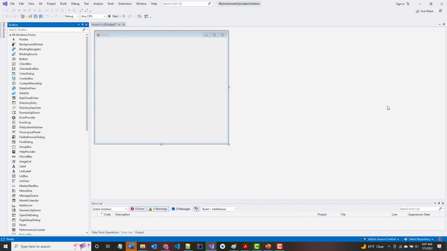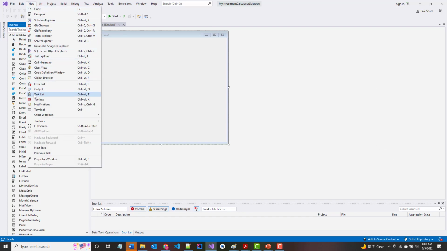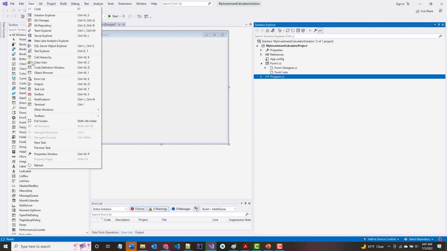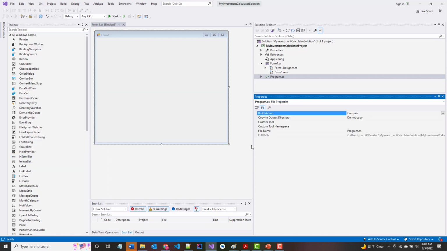And you'll notice I don't have over here my Solution Explorer or my Properties window. So if I go to View, somewhere over here will be my Solution Explorer. I think it's near the top. There it is right there. And if I click View again, somewhere down near the bottom is my Properties window. Now these are dockable. You can